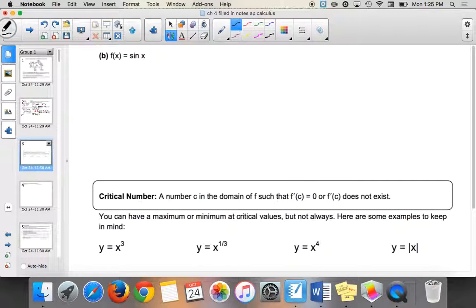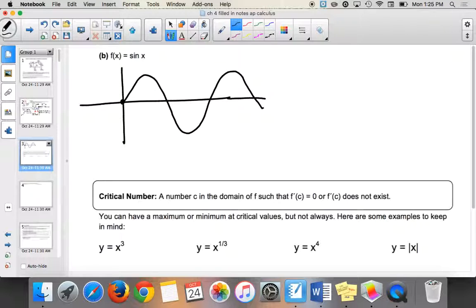All right, so sine of x. Sometimes I don't even need to do any calculus. Do we know what sine of x looks like? I hope so, right? What's the highest value and the lowest value? 1 and -1, right? So I'm going to start at 0, 0, and I'm going to go up, come down, go up, come down, and it's going to continue, and it's going to go in that direction too.